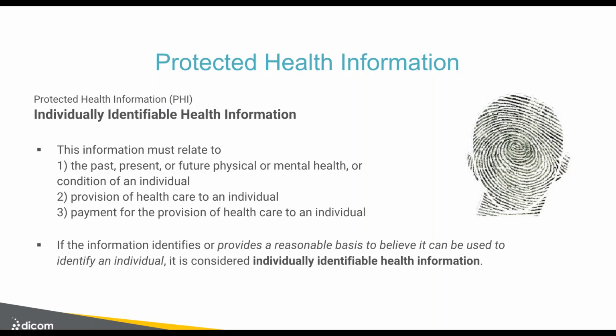So what we mean by individually identifiable health information, which is our PHI, is just any part of your history as a patient, past, present, or future. This could be physical, mental health. It could be any type of care that was given to you from any care provider, anything to do with payments related to healthcare that was administered to you. And so if the information identifies or proves to be a reasonable basis to believe it could be used to identify an individual, it's considered individually identifiable health information. And you'll pick up that that's a little bit of a blanket. They err on the side of being really conservative and trying to make sure they can cover any